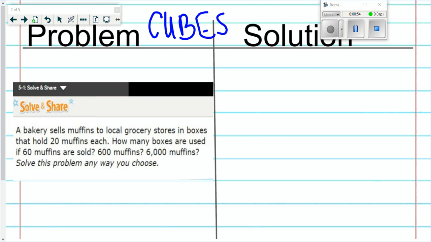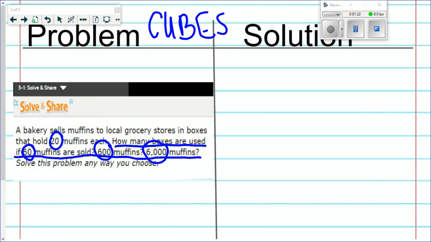So with cubes, we need to circle important numbers. So I'm going to circle 20, 60, 600, and 6,000. I need to underline the question that we really need to answer. And that question is, how many boxes are used if 60 muffins are sold, 600 muffins are sold, and 6,000 muffins are sold? So that lets me know I'm really going to need to find the answer to 3 different